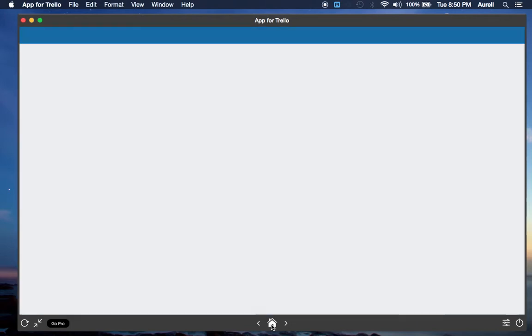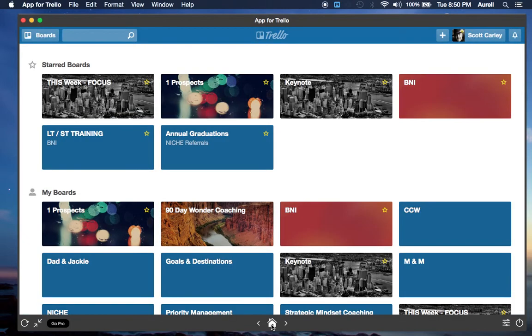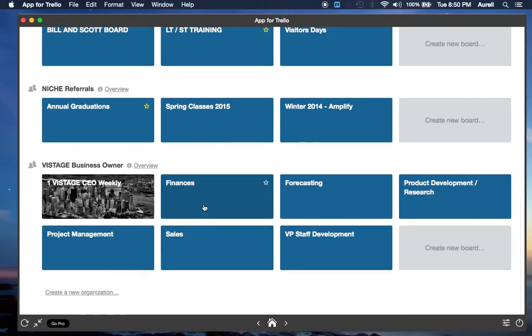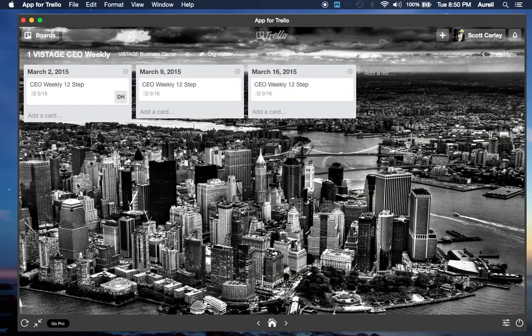So when I look back at my Trello application, I can see how helpful it would be in finances, what I need to define as some of my roles and activities in forecasting, project management, sales, VP staff development, all of those. Now just super quickly, I want to bring you over here and just show you what we call